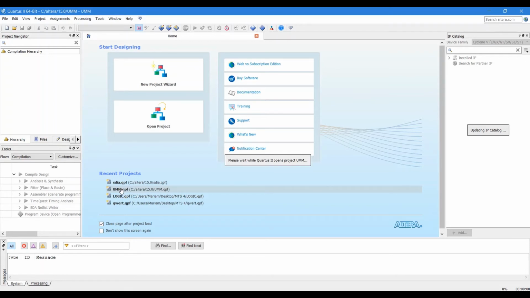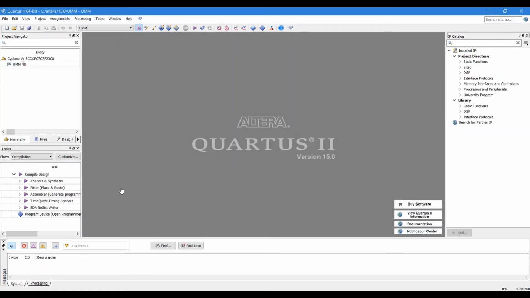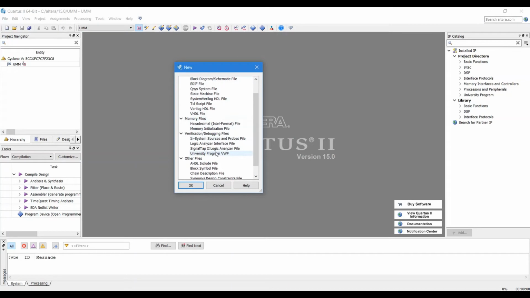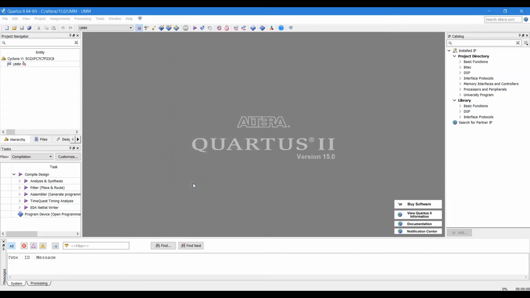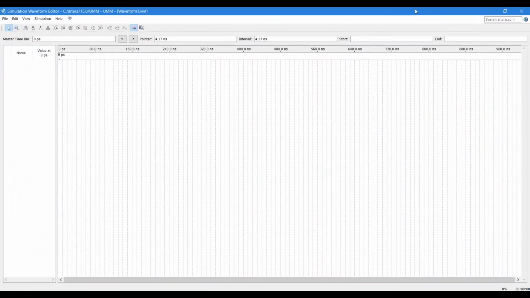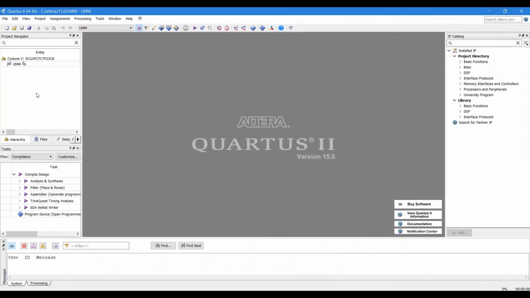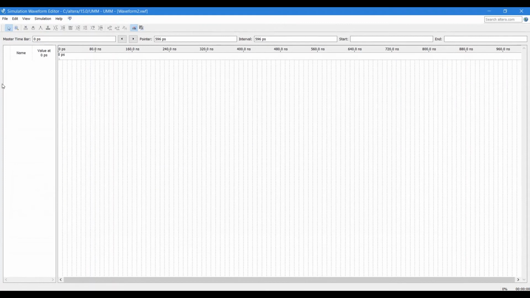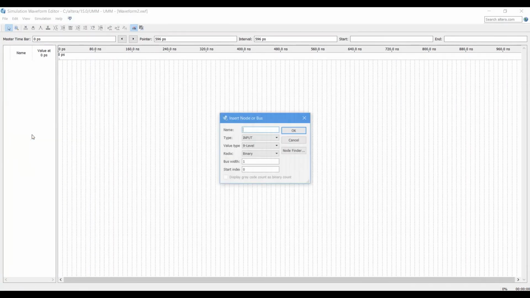It's taking a lot of time. I am not going to show the file here because it takes a long time. Okay, so here, by selecting this, go here, select this, okay, and insert bus,